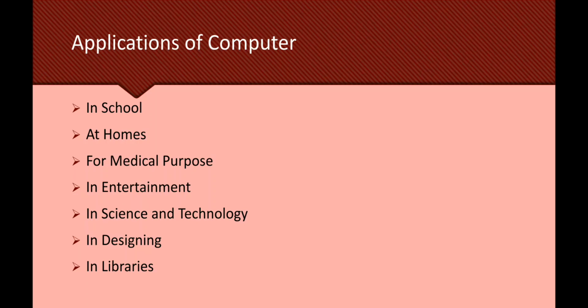At your homes also, there are various purposes, like playing games and watching movies. We draw paintings in the Paint application, write letters, store addresses, and we use mail to send messages to someone else. We surf the internet at home, and plan budgets and expenses also. This is the usage of a computer at home.